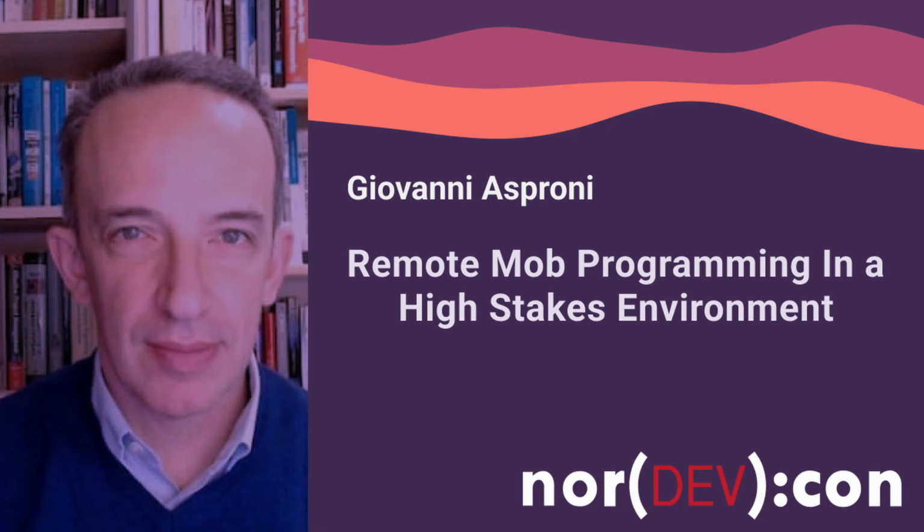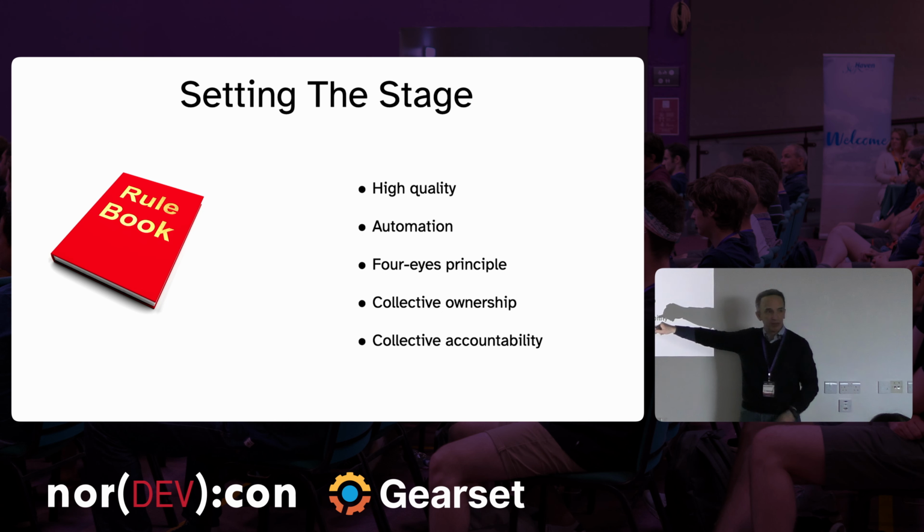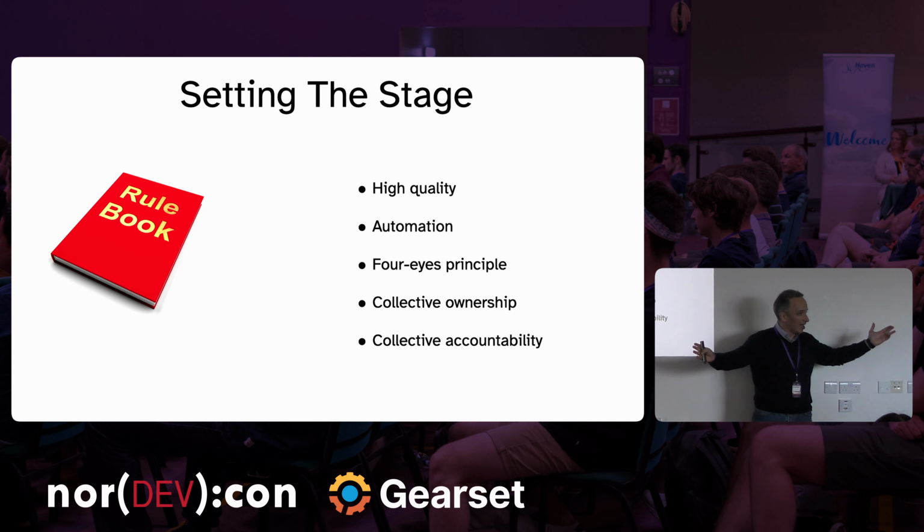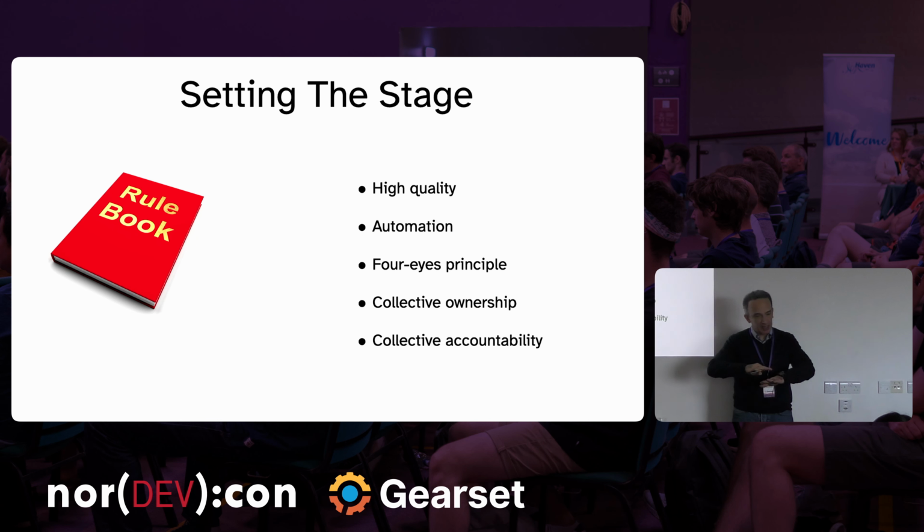Collective ownership, yeah? So we can touch any part of the code or infrastructure, whatever. Again, because we didn't want to rely on specific individuals. Collective accountability: if we succeed, we succeed together. If we mess up, well, it's our fault. One thing that was not allowed was finger pointing. And in all the things in the company, this was the same. Never ever done anything like that. That would be really a key value for the product.